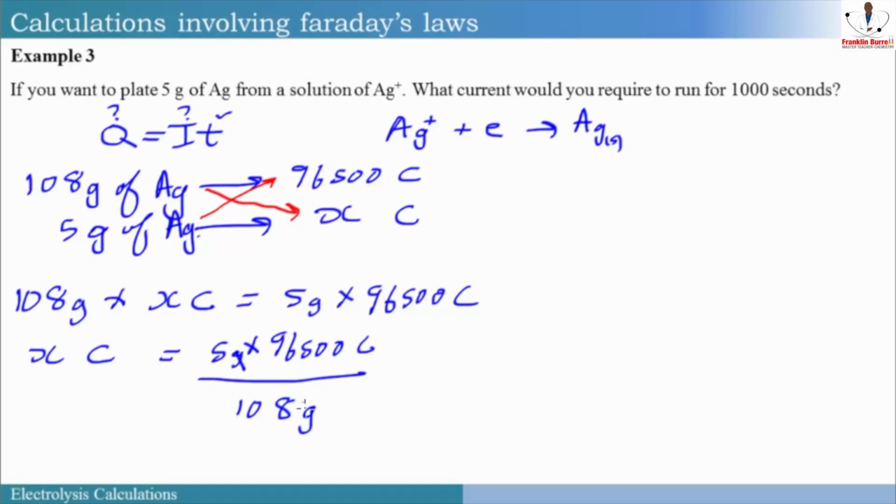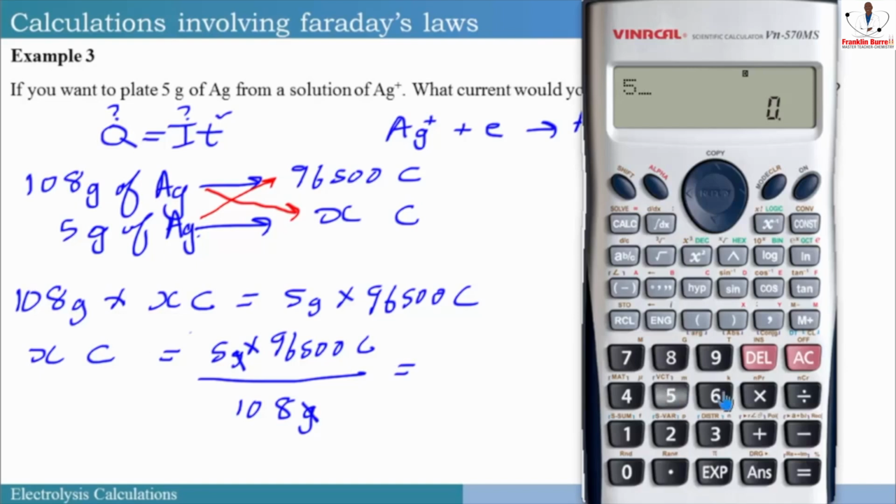So grams would cancel grams. So our answer will be in coulombs. So 5 times 96500 coulombs is equal to 482,500. And that will be divided by 108. That would give us a value of